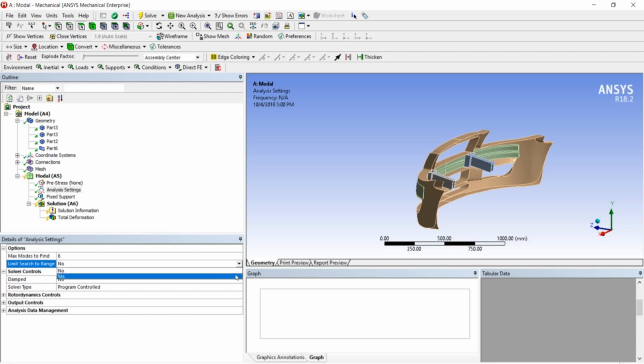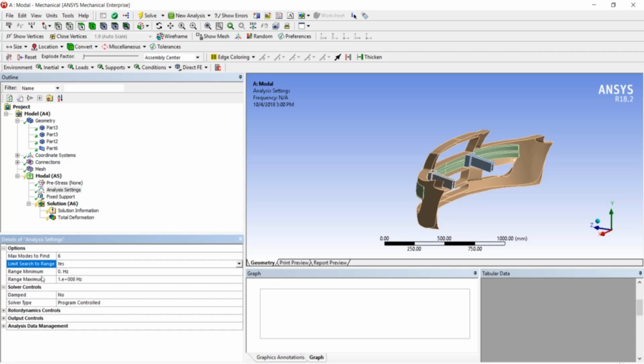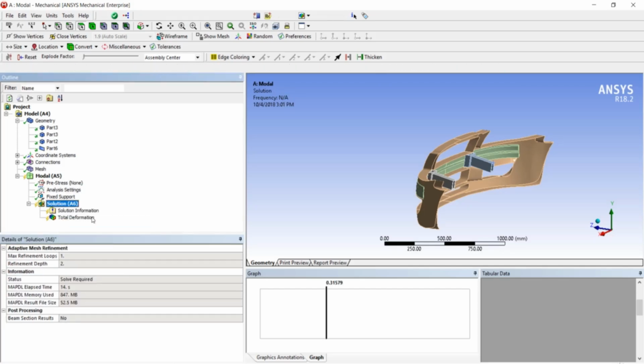So I am going to press S instead of S, and I am going to type in range. I am going to just type in from 600. I want to find out from 600 hertz to say some 800 hertz. So once I have given the frequency range, I can just right click and say solve, and